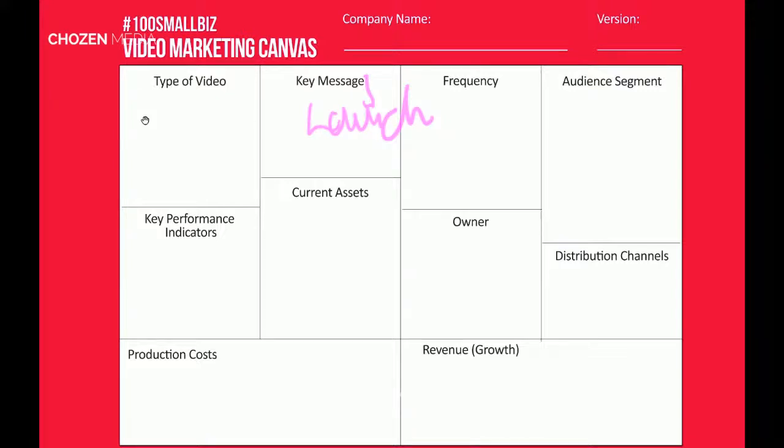Say that around your messaging you're launching, or is it crisis? You're in crisis communication, so you know that your messaging has to speak to that arena, that audience. Say you have the messaging first, but you can put all of that stuff in, get that down on paper, or digitally, I should say.